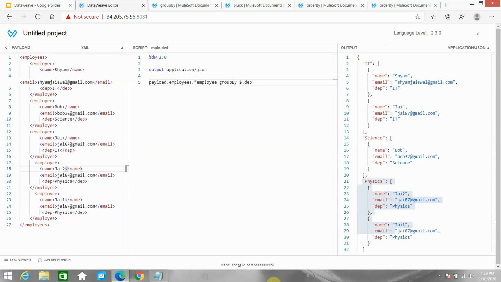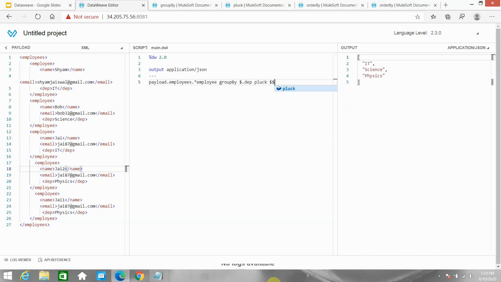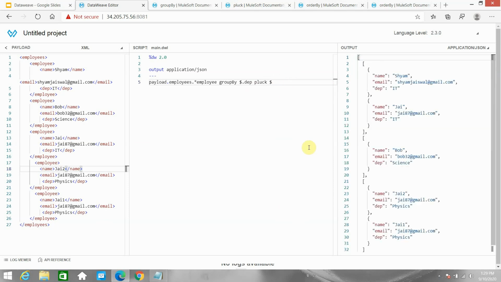Now I just want to know the departments, I want to return the array of the departments. You can use the pluck function to get the array of only departments. So I can use pluck $. It will return me an array of the departments. Simple. Or if you want to only access the data, you can access the data. It will remove the tag, the department tag which is automatically created. If you use dollar, it will just access the data, basically the object.